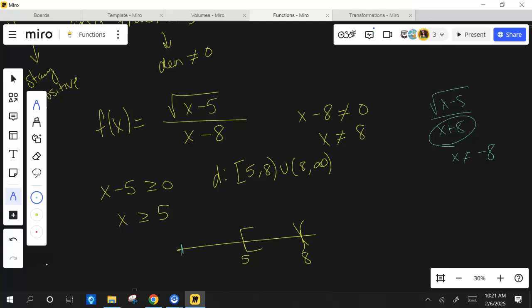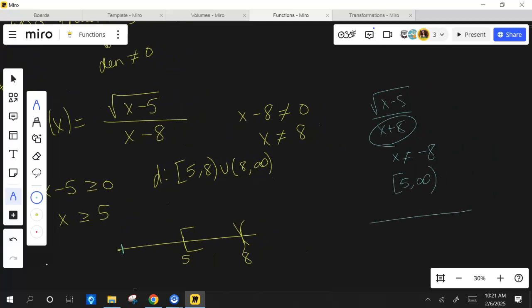It's just 5 to infinity in that case. How would you write that? So this one would be 5 to infinity. Because in this case, negative 8 is over here. That's not in that interval anyway. It's already been left out. I don't have to leave it out. It doesn't matter which one you do first. But technically,